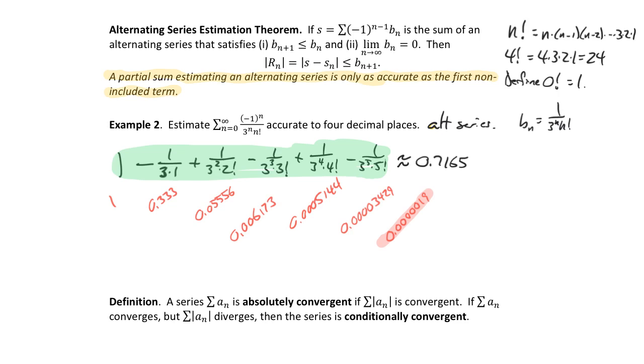And this is approximately equal to 0.7165. Kind of neat. It's kind of a special way to estimate these things and know exactly how far off we are, or get an approximation of how far off we are. Okay, we're going to round out this video with a discussion of what we mean for something to be absolutely